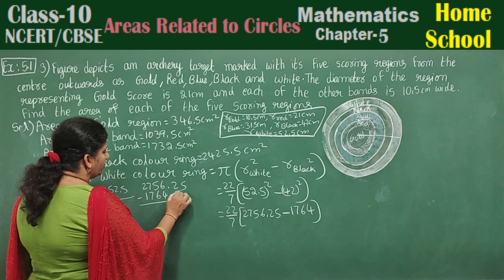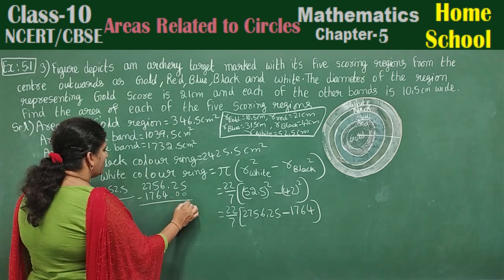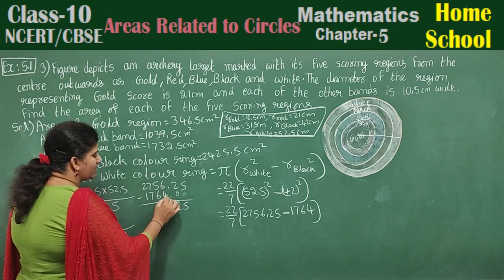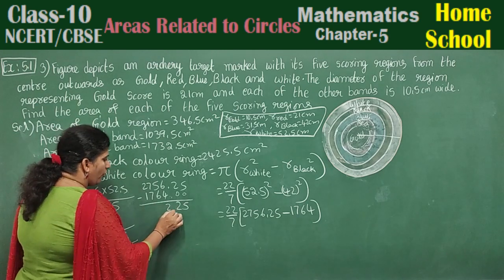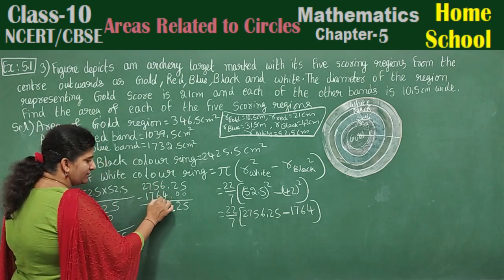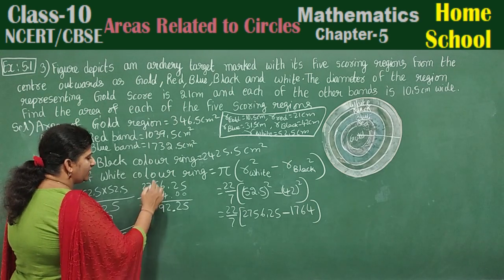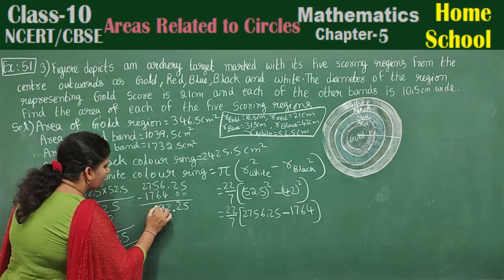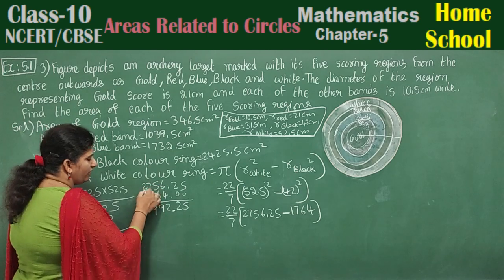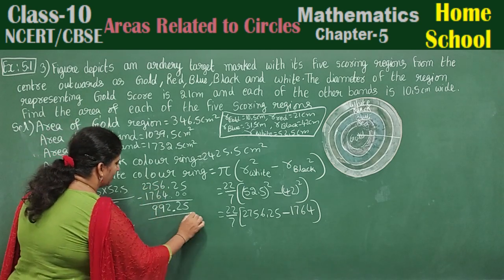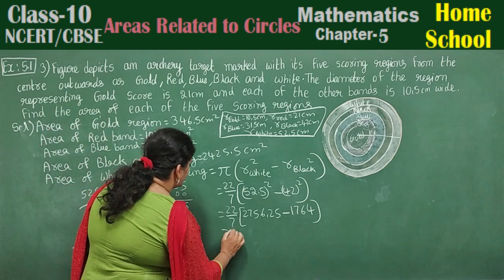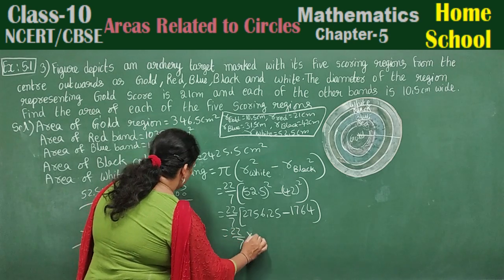Nothing there. So if you want, you can put zeros here. 5 minus 0, 5. 6 minus 4 will be 2. 15 minus 6, 9, and here 16, 16 minus 7 will be 9. 1 minus 1, 0, no need of writing. 992, 22 by 7 into